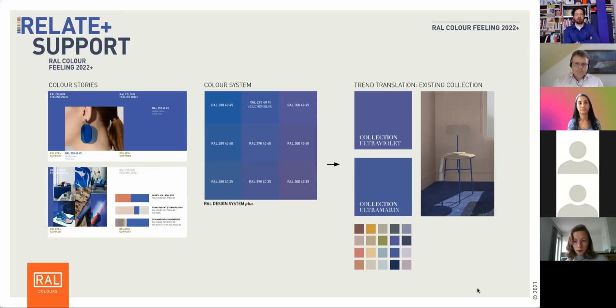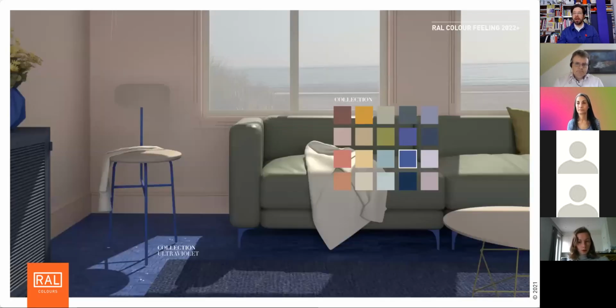So you could take the trend story and the narration and put your existing collection into it by choosing the colors of your collection and putting them into the narration of relate and support. Look at the color stories we will publish step by step, apply a color that is near to the trend color matrix and put your product into context. That's quite an easy operation. And even by choosing just 3 or 4 existing colors, relations to the current narration are possible and help to put your products into a timely and